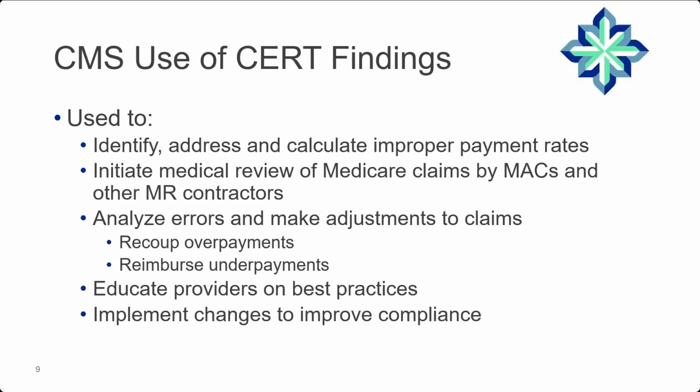Now, you can read through these on your own time, but I will highlight just a couple. We use CERT findings to analyze errors and make adjustments to claims. So in other words, if the CERT contractor finds an error, we need to recoup any overpayments or reimburse underpayments. And sometimes we need to do this across the universe of claims, not just to the claim that was reviewed by the CERT contractor, but as a result of those CERT findings, we may initiate additional